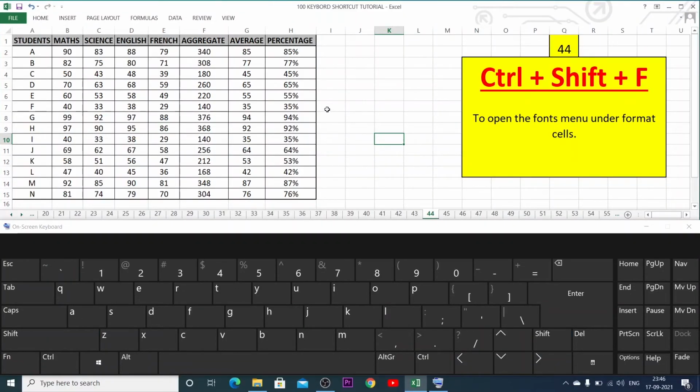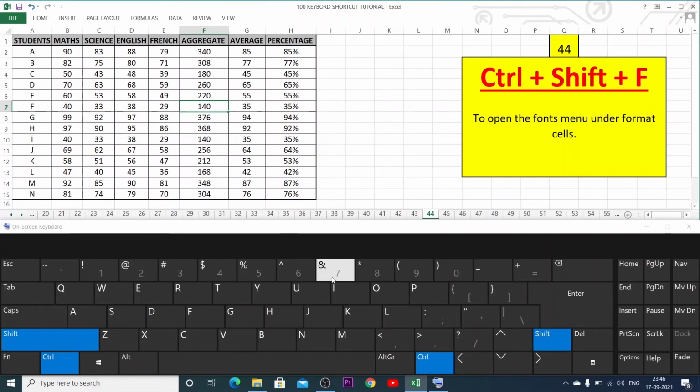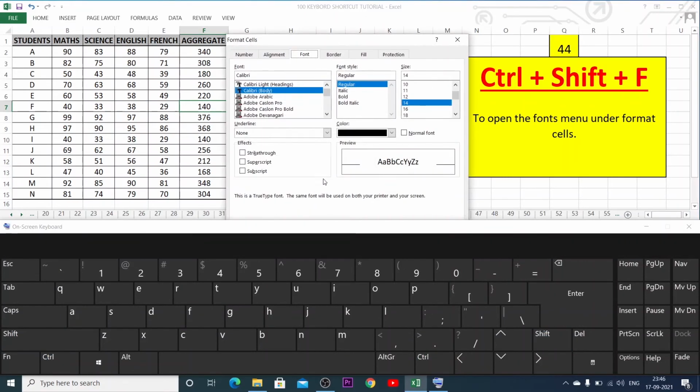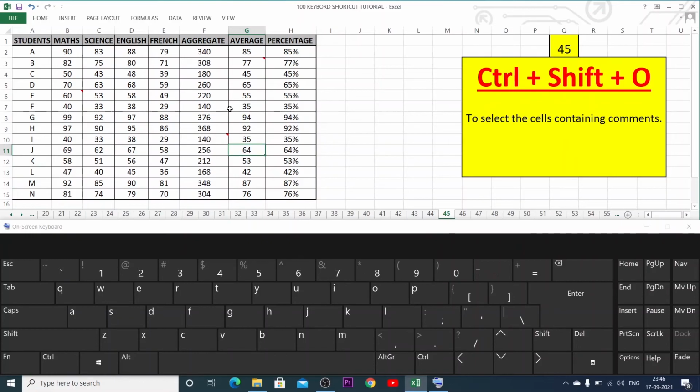Control Shift F to open the font menu under Format Cells. Control Shift O to select the cells containing comments.